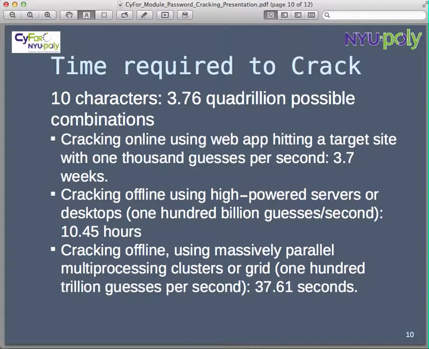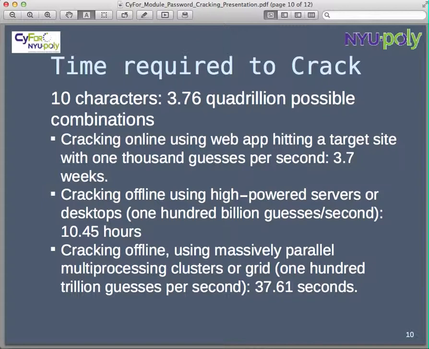On the other hand, if you were to use offline cracking but using the CPU based tools, which would try about 100 billion guesses per second, then you would probably get your password cracked at the most in about 10.5 hours. On the other hand, if you were to use modern GPU based tools and also take advantage of parallel multiprocessing clusters or grids, achieving up to 100 trillion guesses per second, then you would probably be able to crack the password in